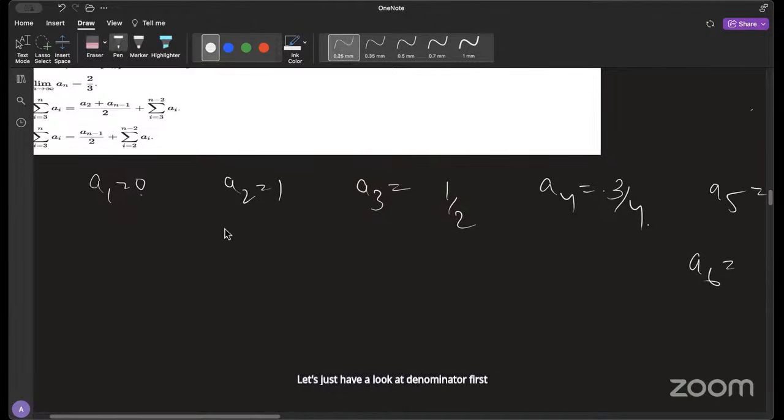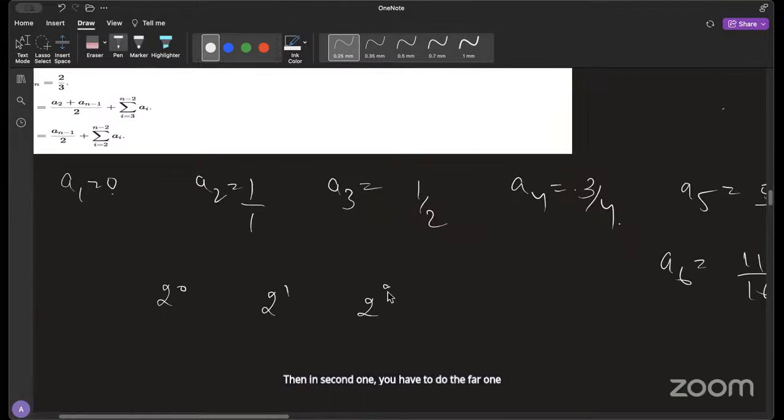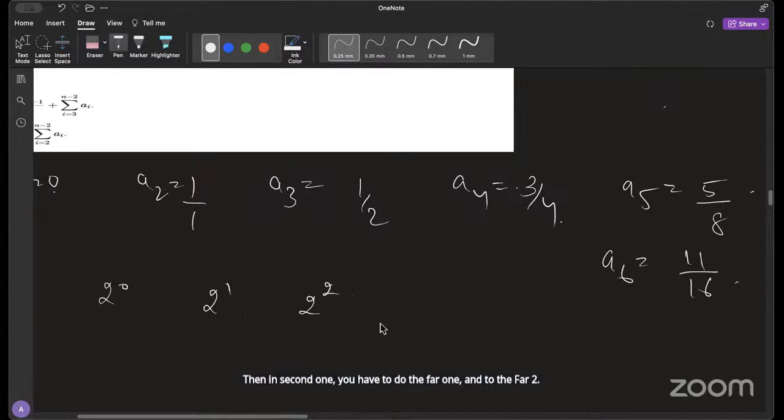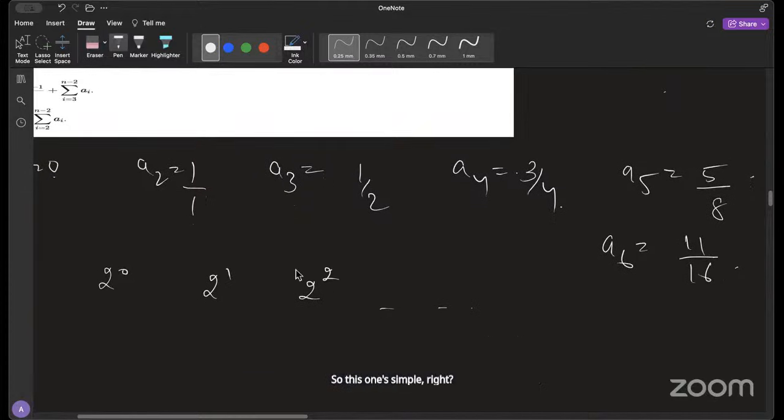The denominator is, here you have 2 to the power 0. Denominator is 1 here. Then in the second one, you have 2 to the power 1 and 2 to the power 2. So this one's simple, right? So it's 2 to the power n in the denominator. The denominator term is,